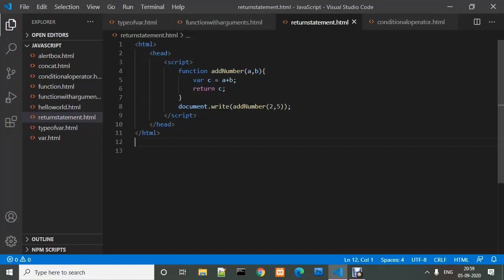Hello friends, in the previous video we learned about return statements, and now in this video we will learn about conditional statements. Basically we have three conditional statements. First is if, second is else if, and third is else. These are the three conditions that we have, and we can apply them wherever we want for some checking